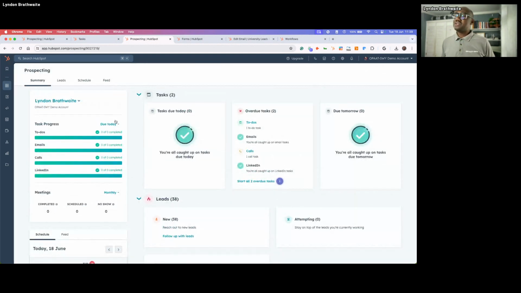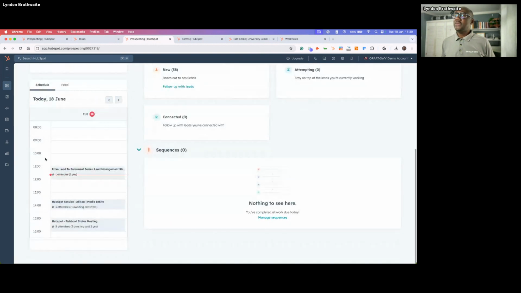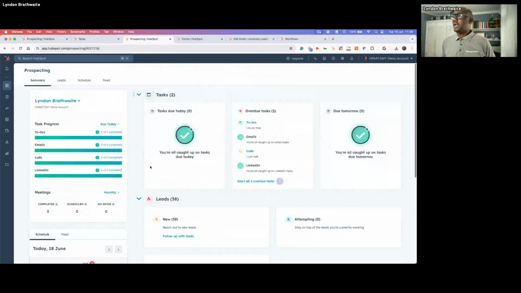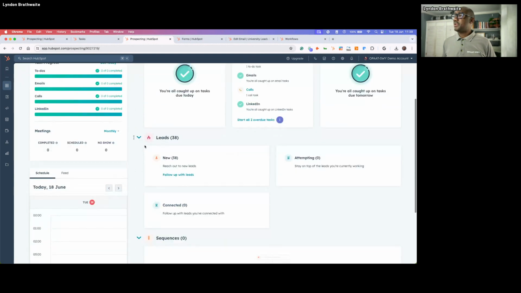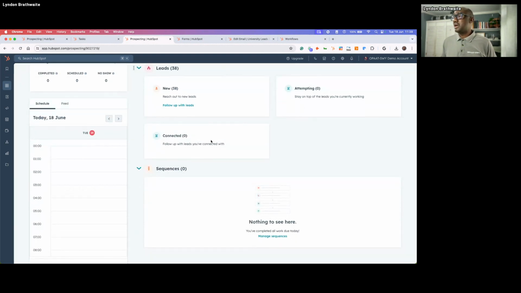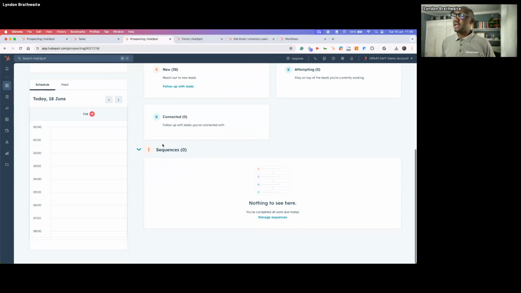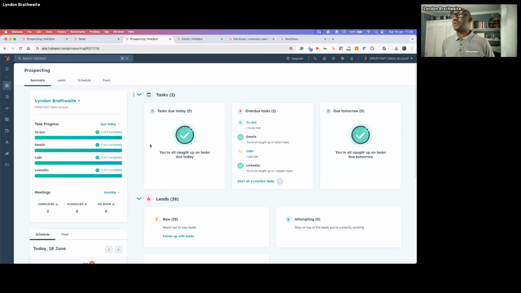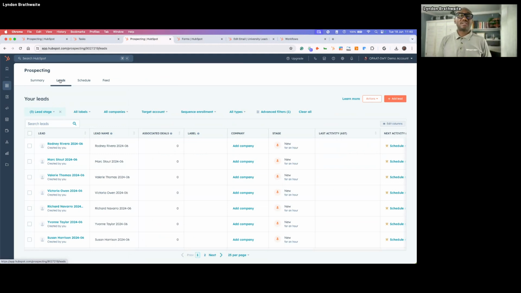On my right, there's my tasks, my schedule, and of course, there's a repeat of the same thing. The leads that I have, who am I attempting to contact? So it's going to track that. Who have I already connected with and who's in a sequence? All right. When I go to the second space, and again, the reason why I like this is because it's a centralized view to manage my leads.